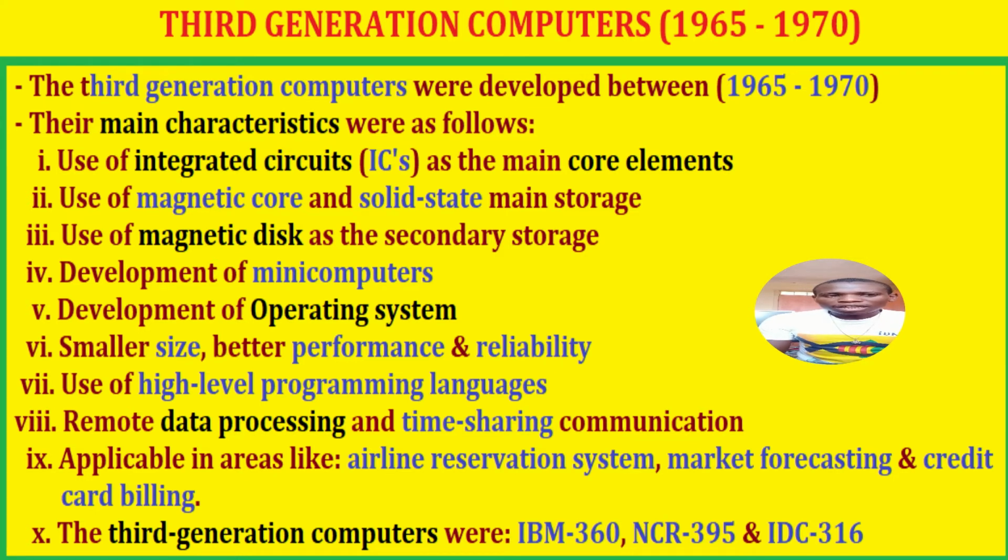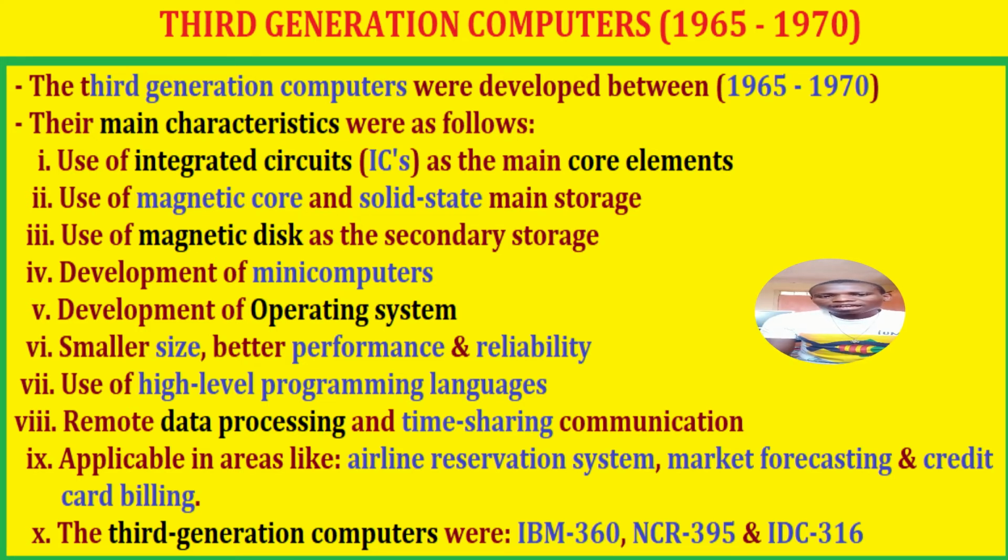The third generation computers had the following characteristics: use of integrated circuits as the main core elements, use of magnetic core and solid state main storage, use of magnetic disk as the secondary storage, development of minicomputers, development of operating system, smaller size, better performance and reliability of the machines were realized, use of high-level programming languages, remote data processing and time-sharing